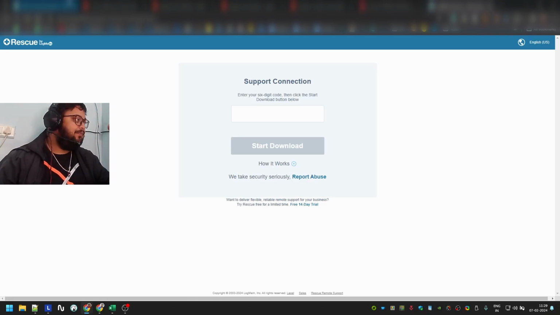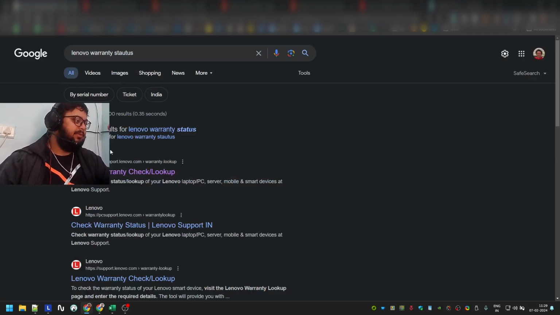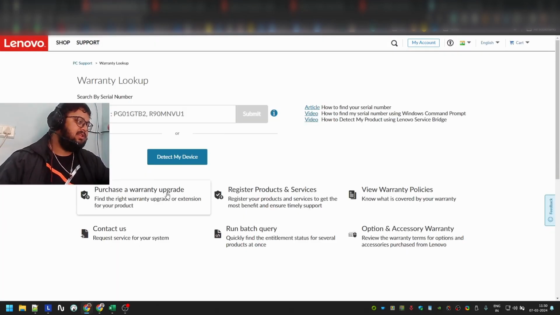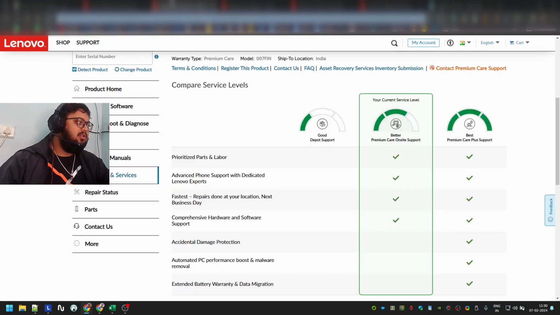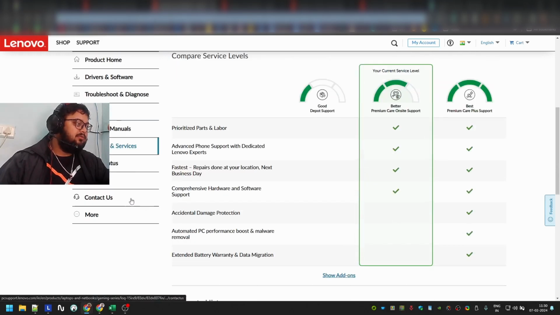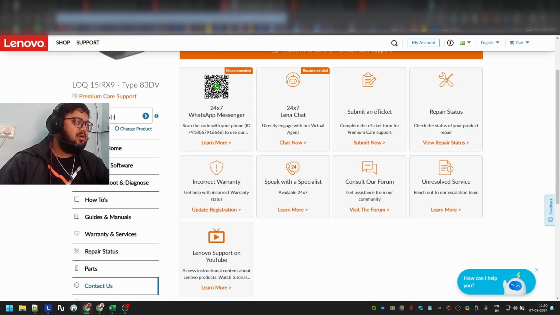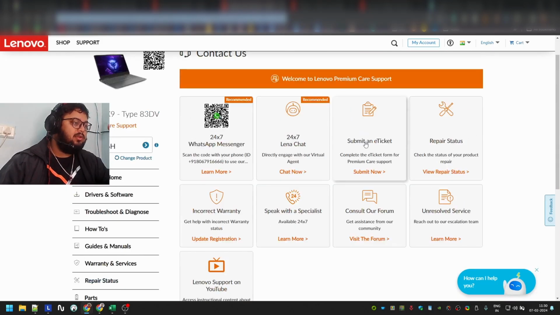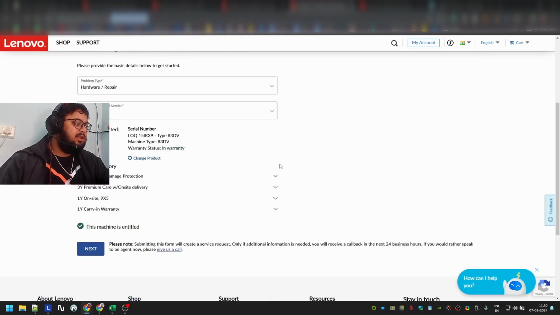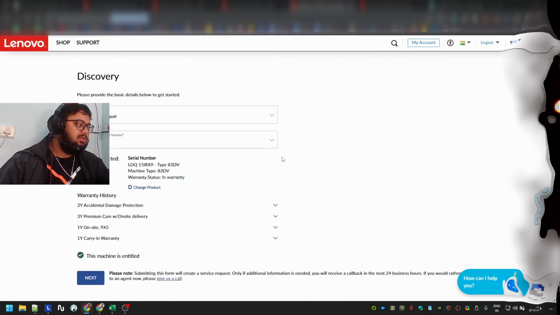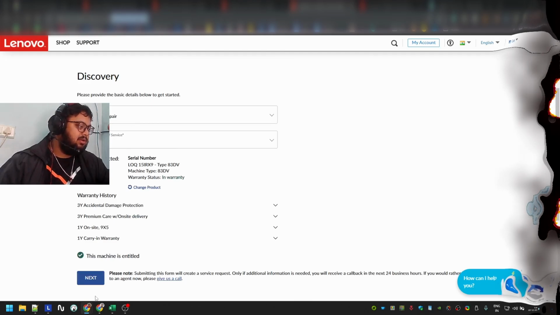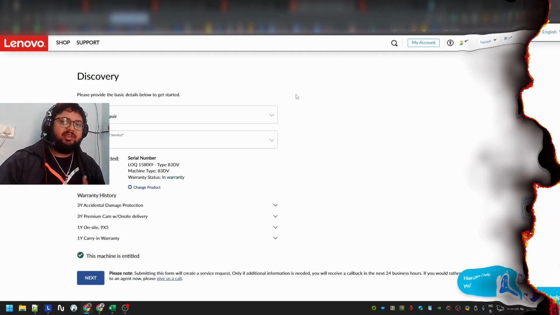Anyways, so that's it. Basically, go to the Lenovo website, you search Lenovo warranty status, this link comes up. Either detect my device, it will download the application, next time it won't download it, and it will fill in the serial number for you. This page will open up, click on contact us, then go into submit an e-ticket, then go into hardware repair India,